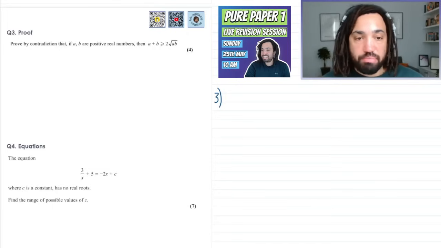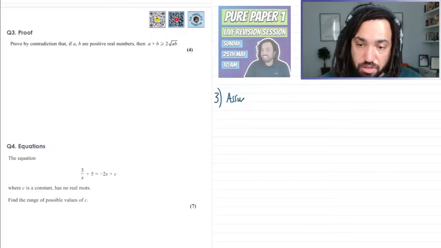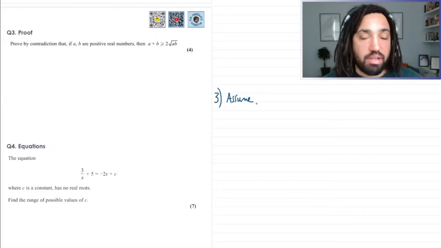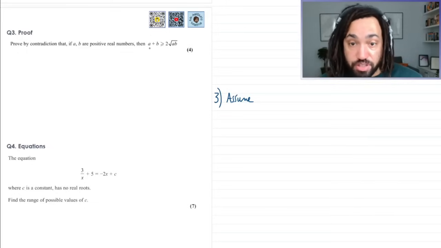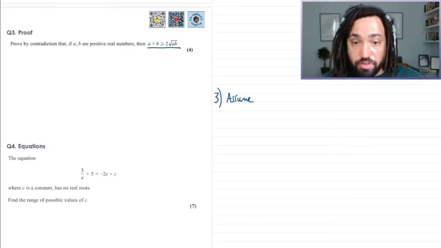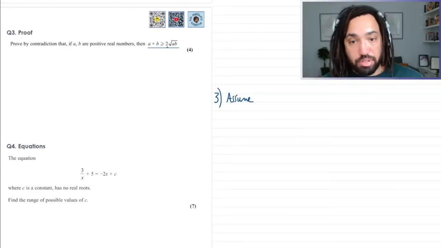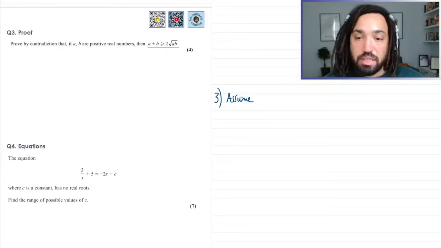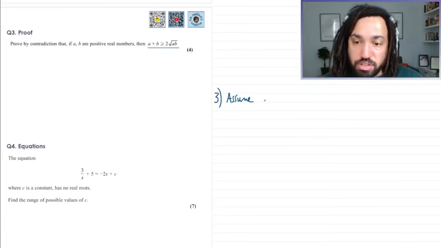Okay, question 3 is a proof by contradiction. So every proof by contradiction starts off with assume, and we want to assume that the negation of this is true. So if we're trying to prove that A plus B is greater than or equal to 2 root AB, then the negation of that would be that it's not greater than or equal to, so it must be just less than. So we assume